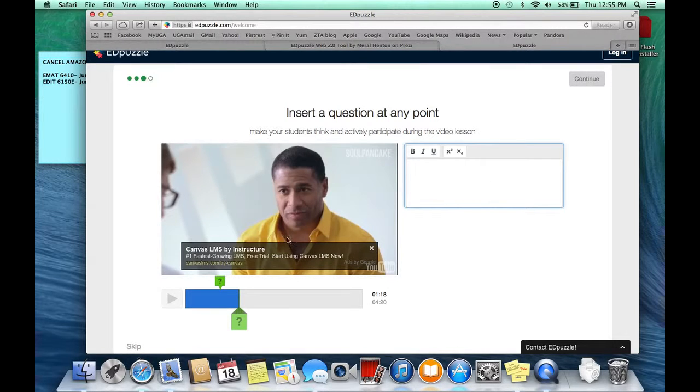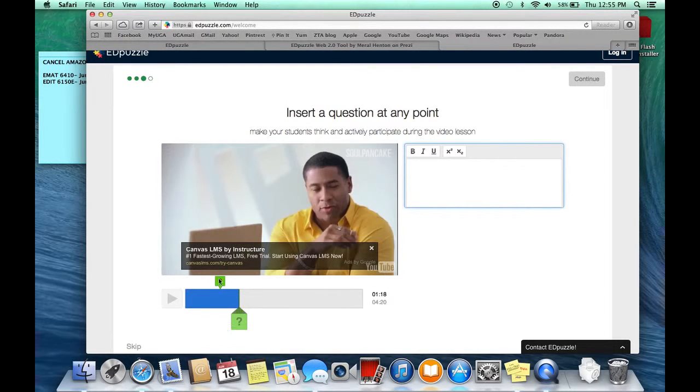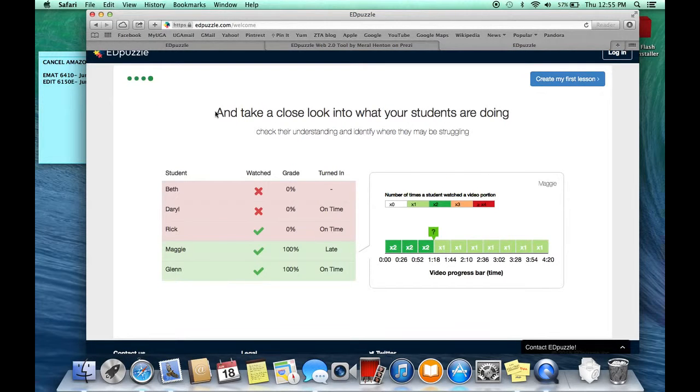The next type of editing tool is the question. So you'll see here the green question marks, and that's where you click the big green question mark whenever you want to add a question to your lesson. So for an example, you can practice. And then this is what it looks like when you log into your class as a teacher,